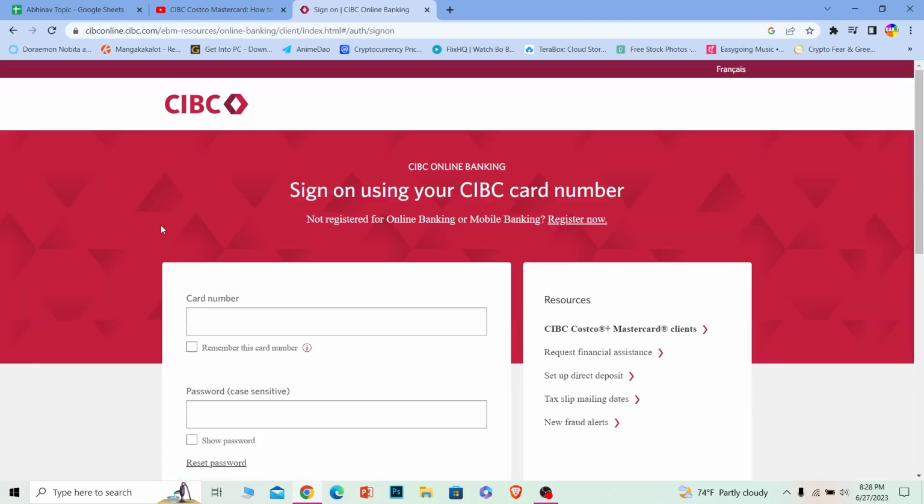Now, in order to have a Mastercard account, you need to have online banking set up. So let's say you have a Mastercard, but you don't have an online banking account, then you cannot access your Mastercard online. So first, you have to create an online banking account with CIBC Bank. So from inside the account, you can access your Mastercard because your Mastercard will be linked with your online banking